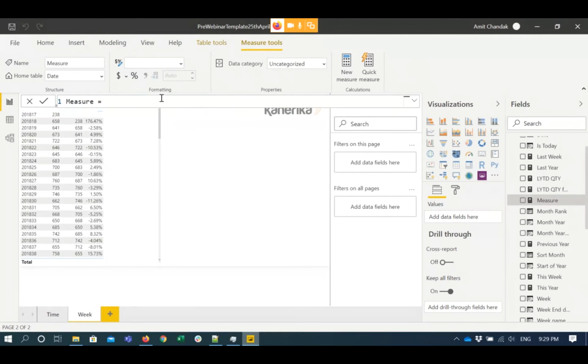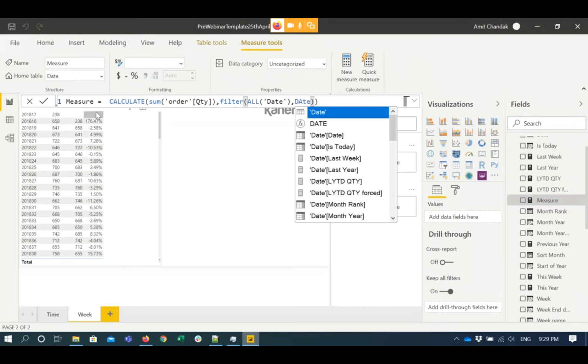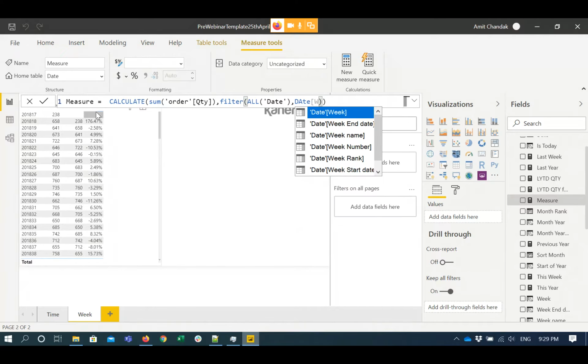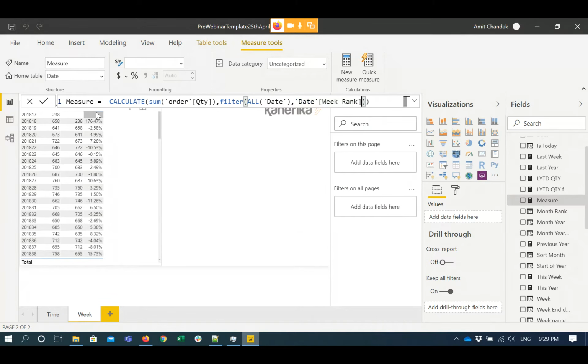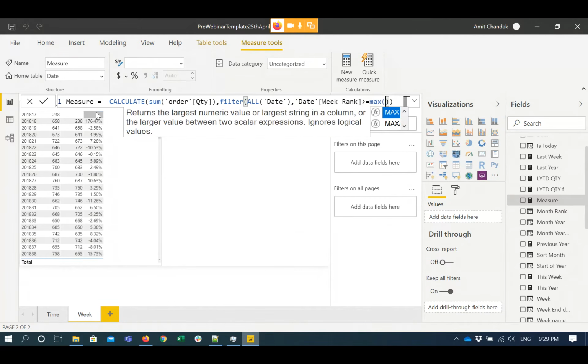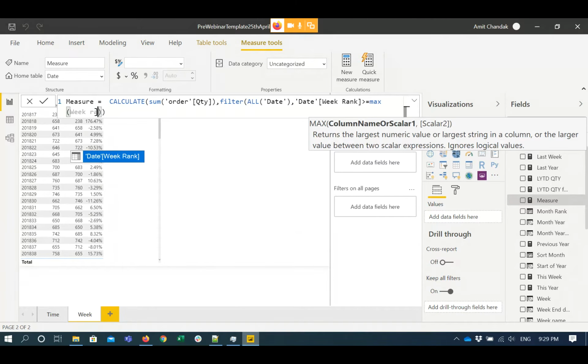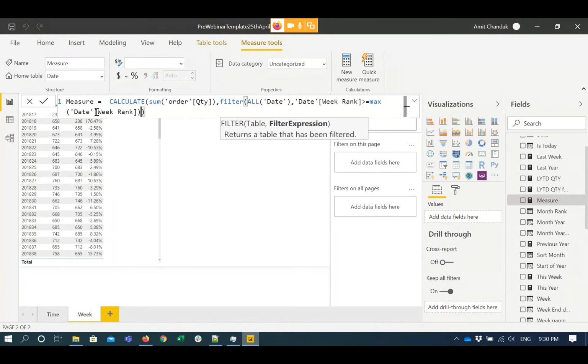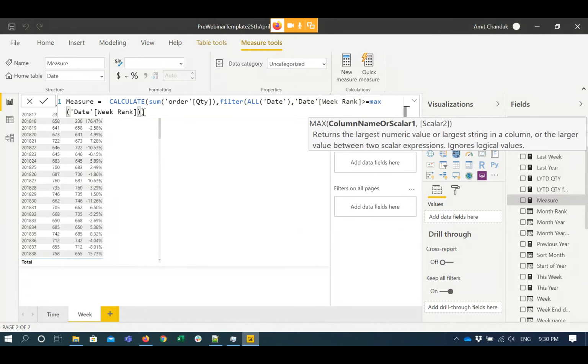Okay, I'm not going to rename it right now, because we are left with few minutes. I've taken the wrong calculation. No worries, I'm going to change it manually. So what I'm going to do here is take week rank, and I'm going to say the week rank should be greater than or equal to max of week rank minus 12,